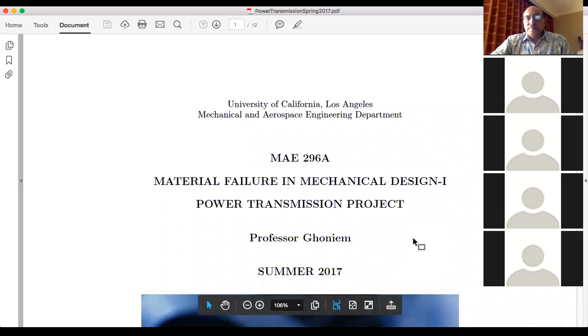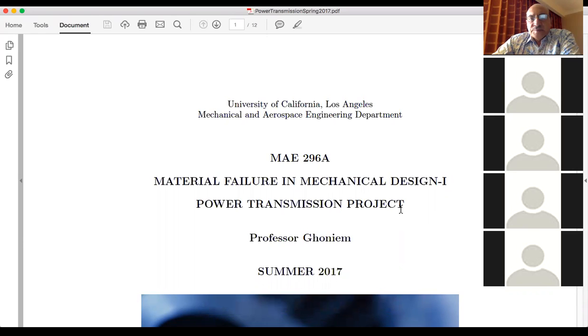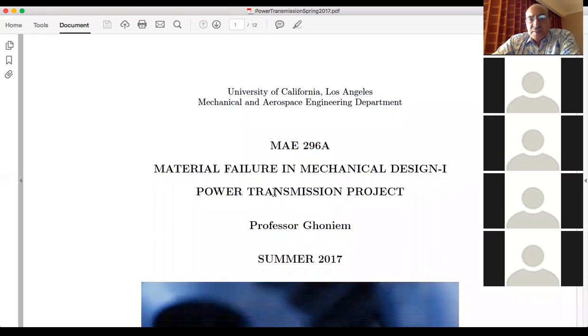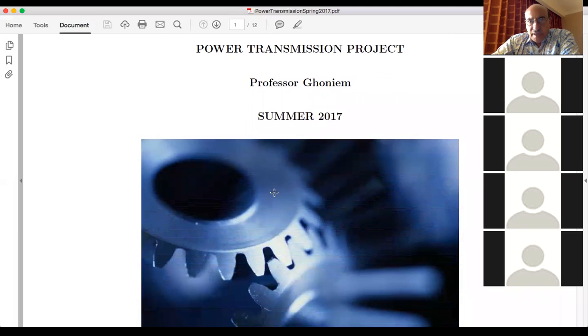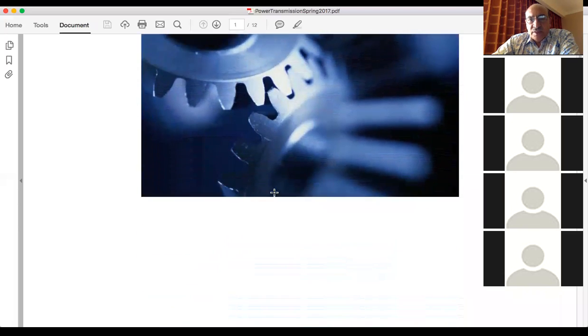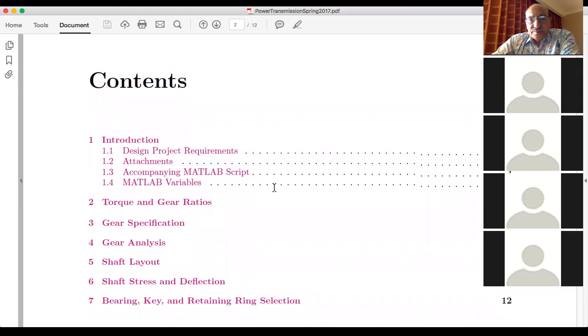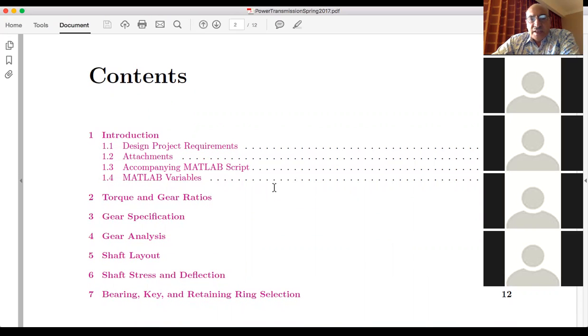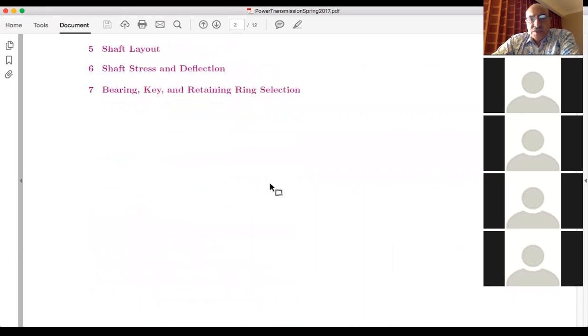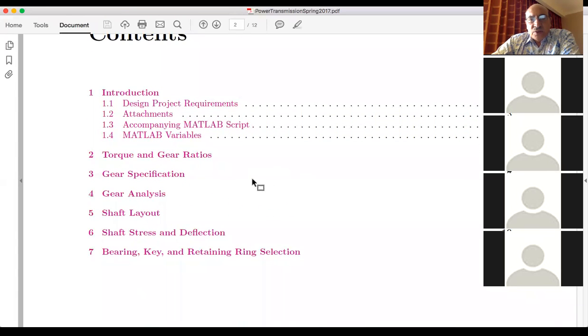We did upload the project description, and it is on the design of a power transmission system. There's a short manual that you'll see, and the design project is basically to design a speed reducer. The manual will go through the project statement,